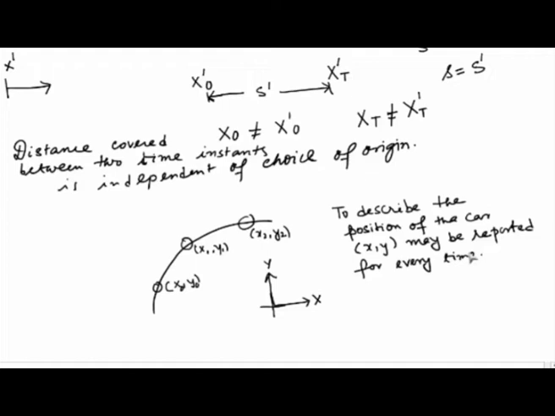But then a smart analyst will be able to realize that reporting x and y is actually redundant. If you report x, y is obvious, because at each instant of time you have this equation to be satisfied. So at each t you must have x square plus y square equals r square. So even if I give x0, x1 and x2, you should be able to recover y0, y1 and y2